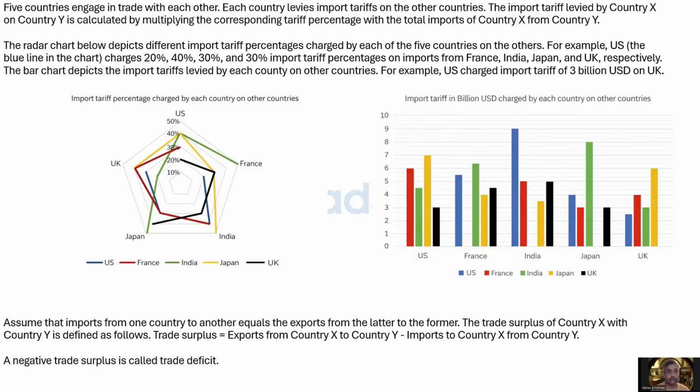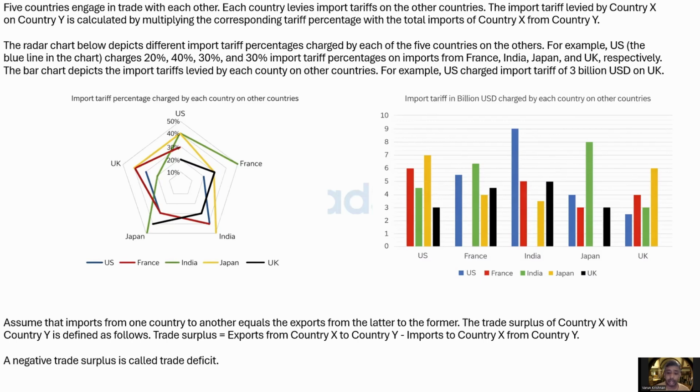So this entire set is about tariffs which are being levied by countries on imports from other countries. Understanding the graphs and making sense of the data becomes a lot easier if you have a bit of GK about how tariffs work. What we need to understand about tariffs is that a tariff is levied as a percentage on the amount that a country is importing. So when a country is importing, let's say that I am sitting in